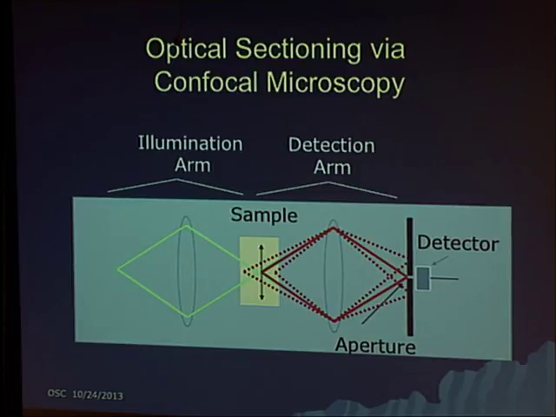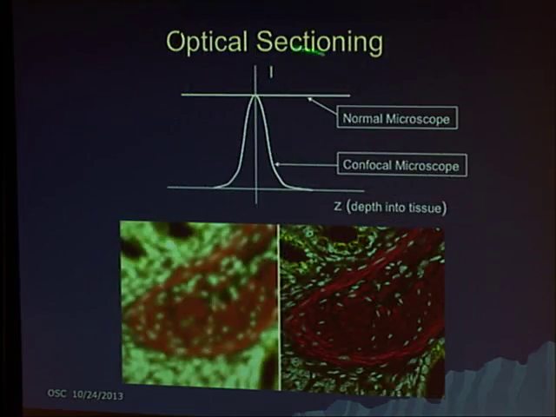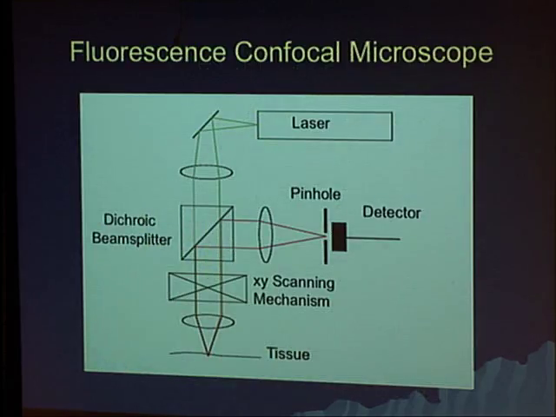So, but what is the advantage here? This is something that produces that optical sectioning, I said. In a big 3D sample, rather than getting one plane in focus and a lot of other planes out of focus, you get light from the in-focus plane and almost nothing from out-of-focus planes. So you can guess which one is the confocal image as compared to the non-confocal image. Here you have a plane that's in as good a focus as this. There's just a lot of overlapping structures that blur out what you're looking at. So clearly this is a way of doing optical sectioning and one of the big advantages of the approach.